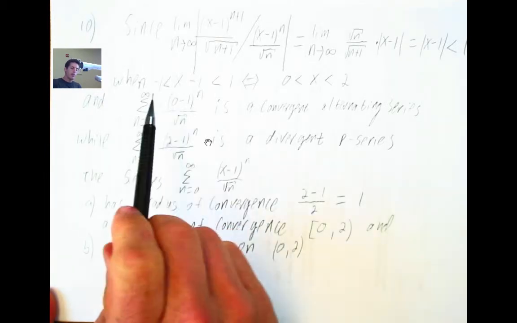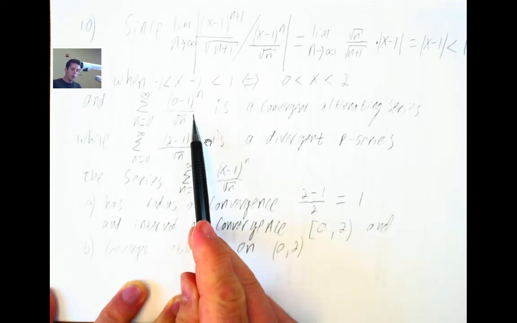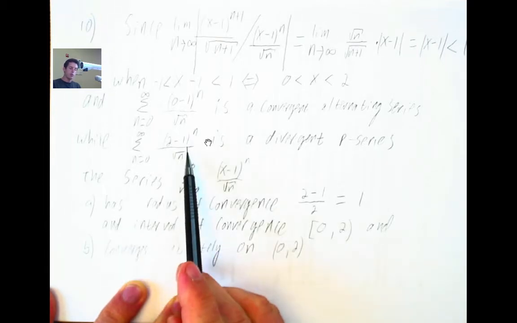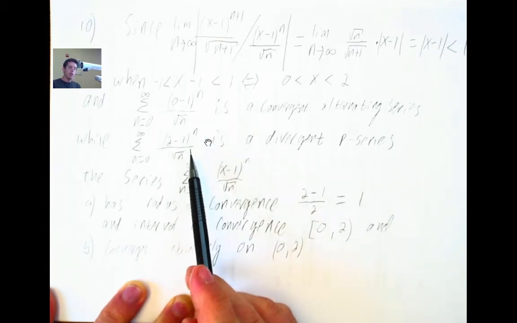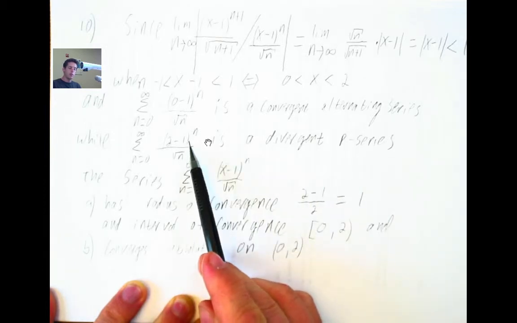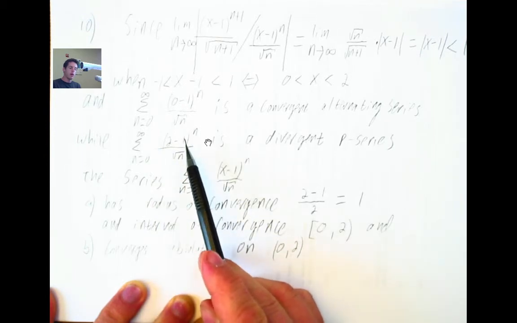So the ratio test here showed where we had absolute convergence, and we found that we did not have absolute convergence at either of the endpoints, at 0 or at 2, because putting in 0 or 2 and using the absolute value of the terms both gives the divergent p-series. Right? Sum from n equals 0 to infinity of